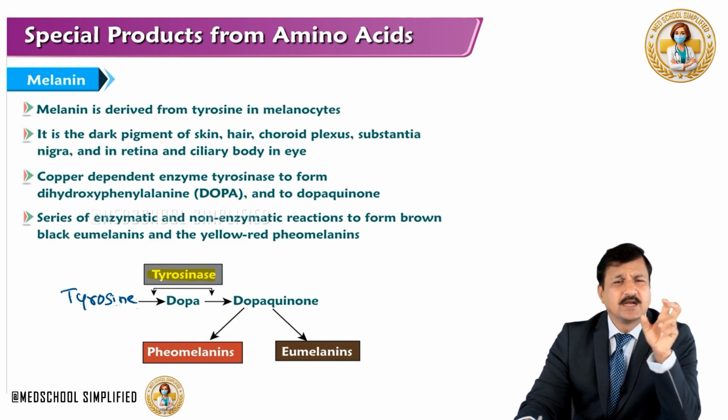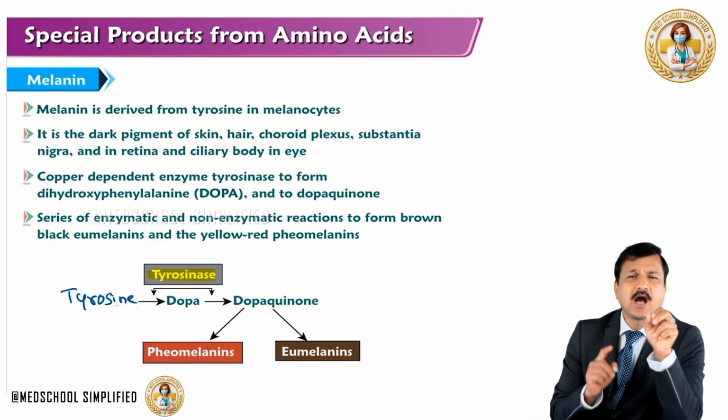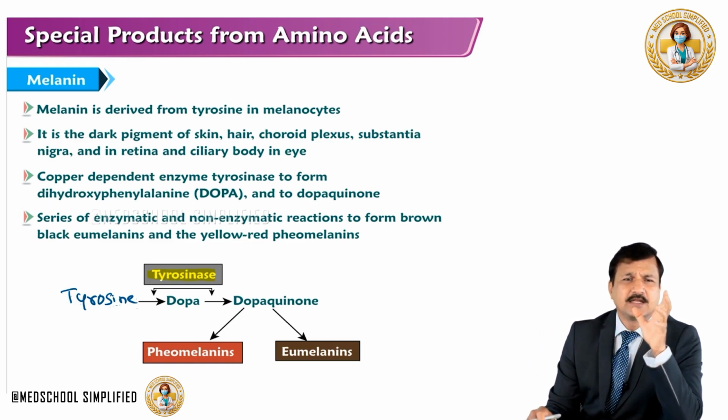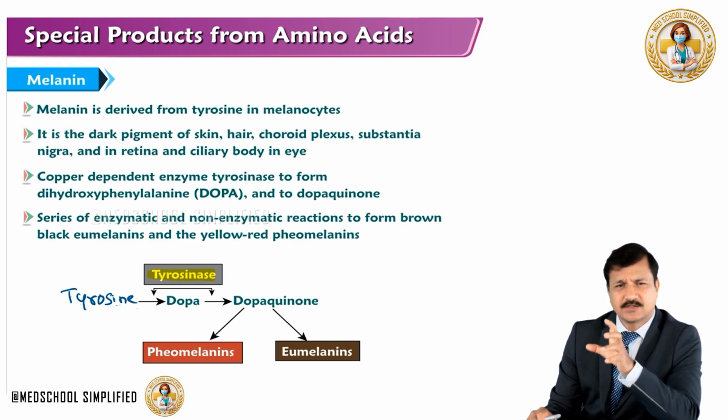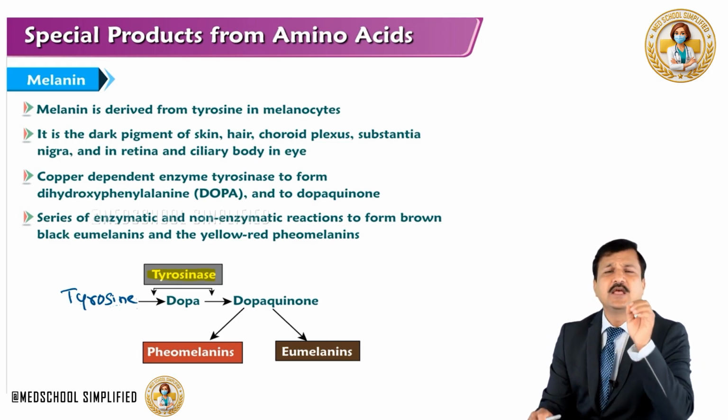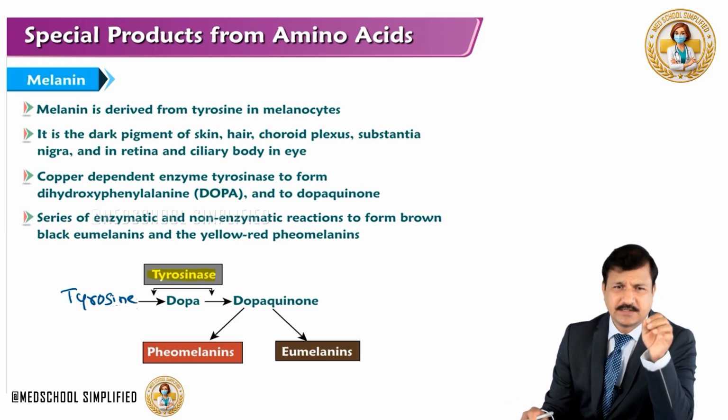Otherwise, what it does is that tyrosine is hydroxylated to make dihydroxyphenylalanine, and that further is converted into DOPAquinone. So the conversion of tyrosine into DOPA and then DOPAquinone is catalyzed by the same enzyme, tyrosinase, and this tyrosinase is a copper dependent enzyme expressed in the melanocytes. The expression of this copper dependent tyrosinase is increased whenever a person is exposed to sunlight, specifically the ultraviolet component of the sunlight.